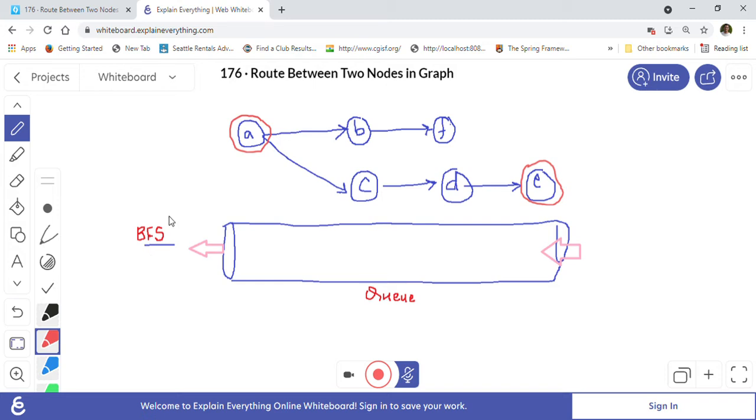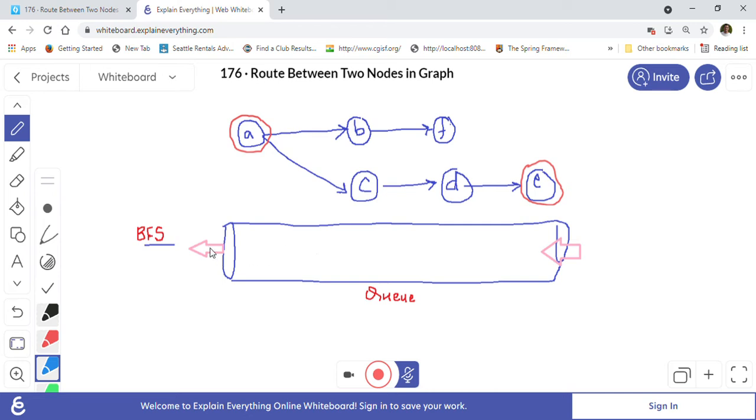The approach we are going to use is BFS, which is breadth first search. We will use a queue in Java, and we will go level by level. We will start with the source node, so we will add the node into the queue. This is the queue, basically.